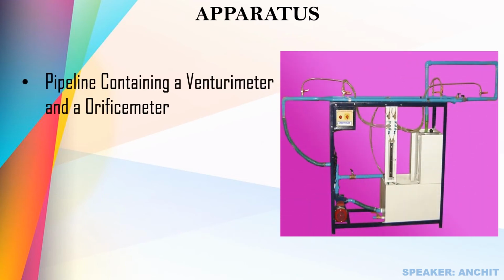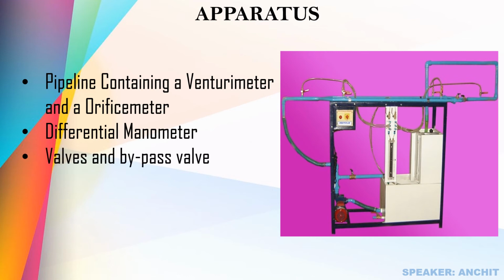The apparatus consists of a pipeline containing a Venturi meter, with pressure tappings from the Venturi meter to a differential manometer to measure pressure difference. By operating the valves provided at the downstream, the flow can be regulated. The present setup is a self-contained water recirculating unit, provided with a sump tank and a centrifugal pump. Flow control valve and bypassing valve are fitted in the water line to conduct the experiment at different flow rates. Flow rate of water is measurable with the help of a measuring tank and stopwatch.